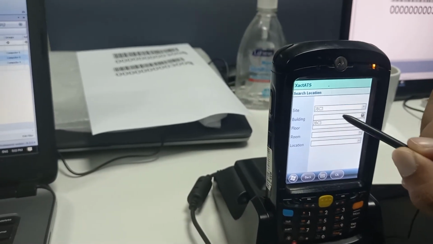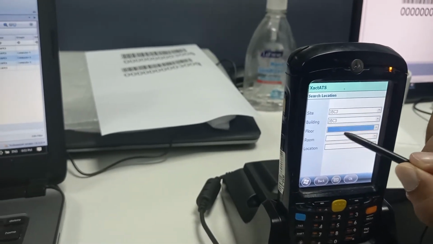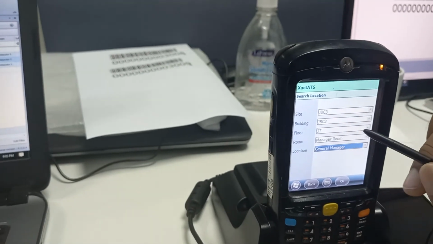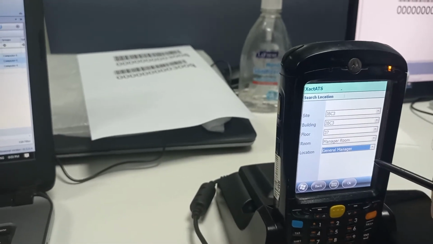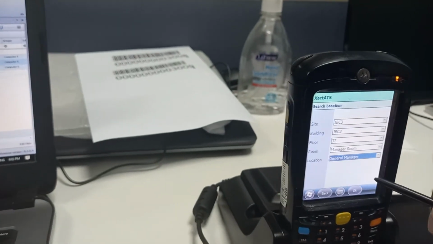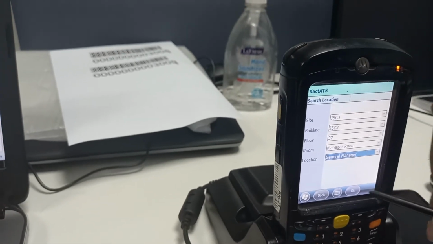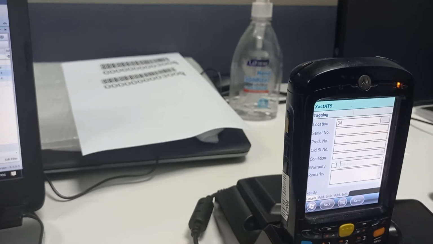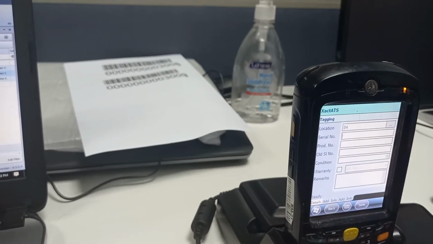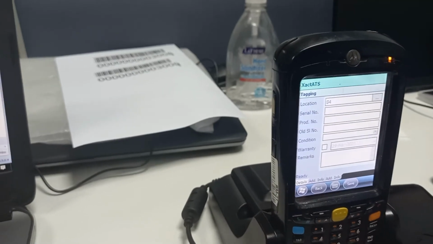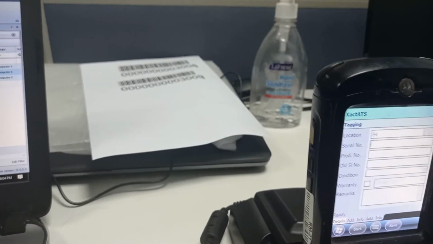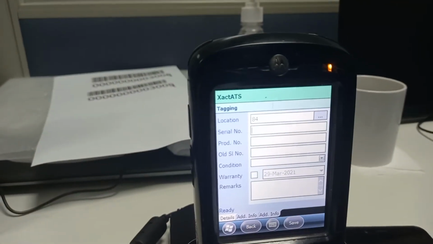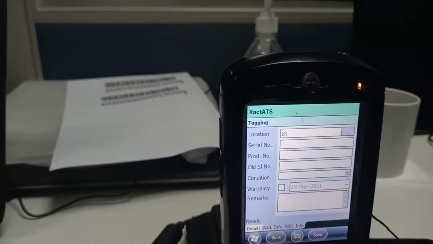Here we are keeping so much information for the location, like site-wise, building-wise, floor-wise, room-wise. As much information as you keep, you can select that particular information. If the information is low, meaning only site and building is there, then you can select that particular option only. Once you have selected the information, you will get an ID for that information. If the ID is not there, that means the location is not selected.